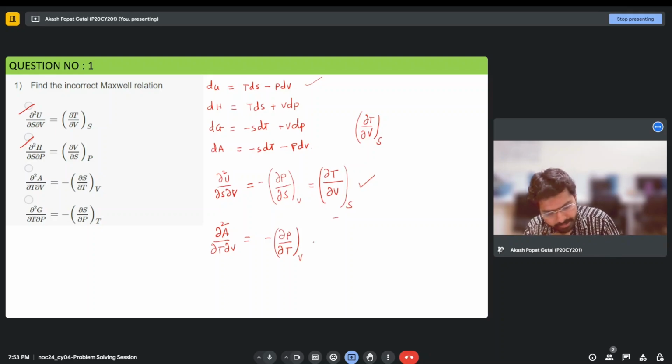You need to determine it. Same, use the Maxwell's relation del S by del V, but this is negative. And once it is negative,